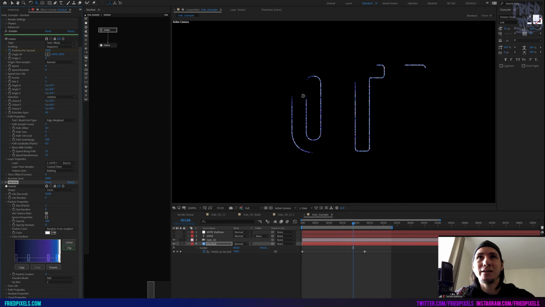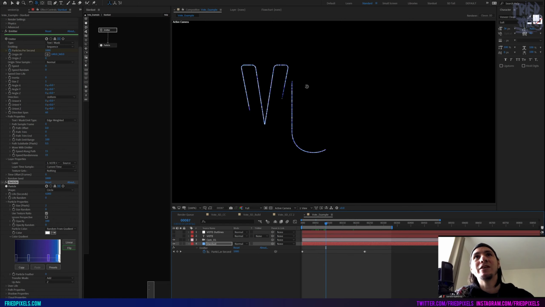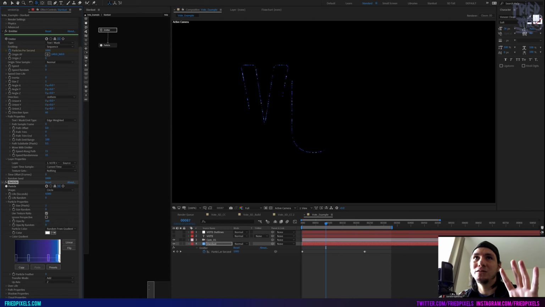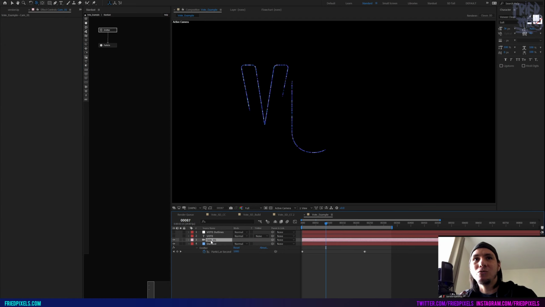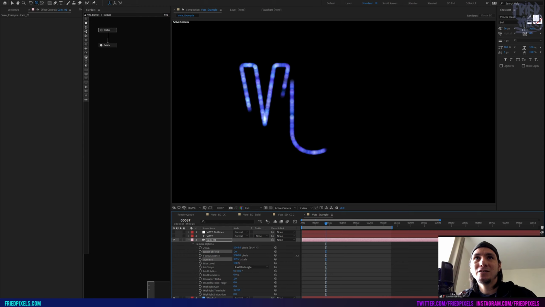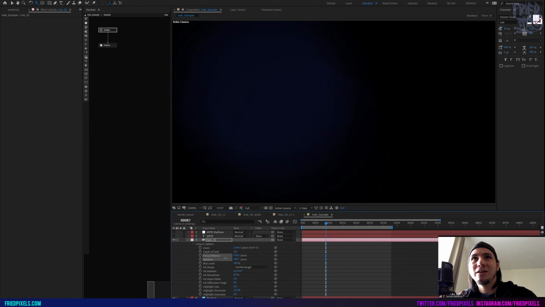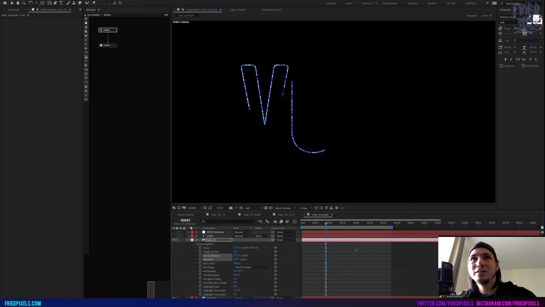So then you can see as they start overlapping each other, the variation in values starts to add in that overlap quality. And if it is getting a little too dense, you can turn down your birth chance so that you can control how that looks. So the lower you go, the fewer particles we're actually rendering, and then the denser it's going to get. The other thing to keep in mind is that once you have depth of field turned on, let's turn this on, you'll see how they bloom out and fall out of focus really affects that, also that value brightness.